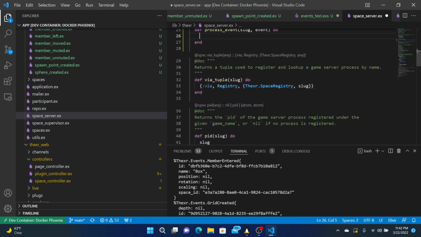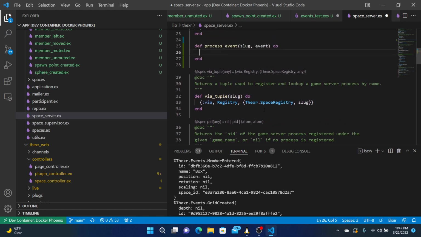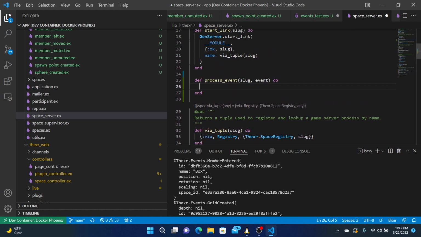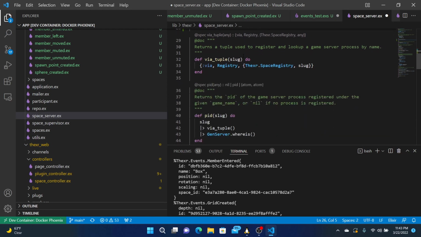Let's see, think about it. If we're doing this from an API, event handle, you're probably going to have the slug and you want to do a handle cast.